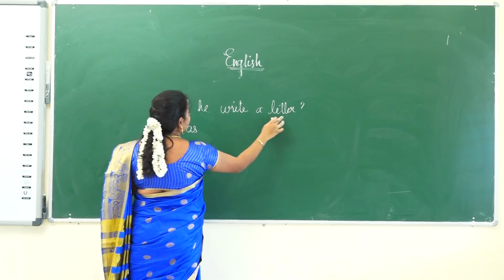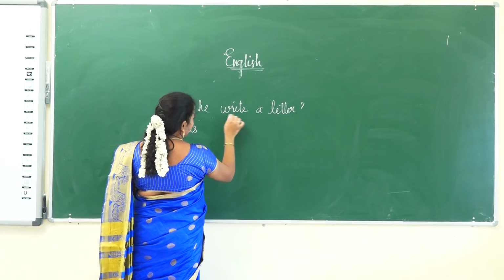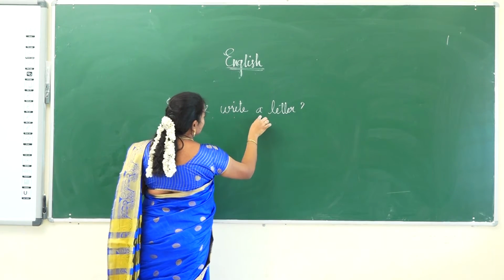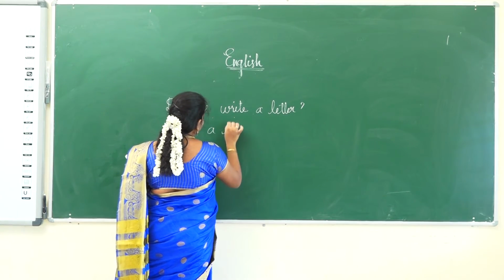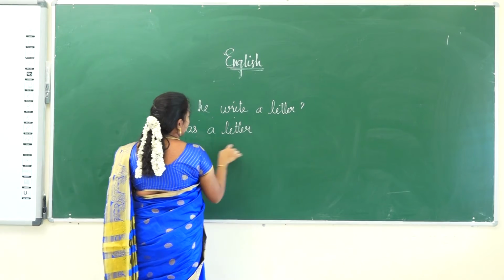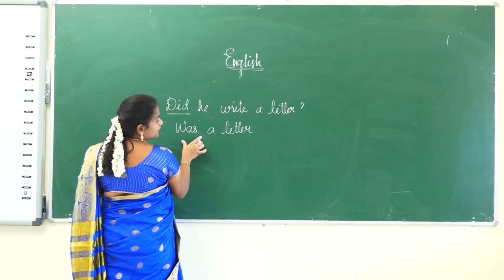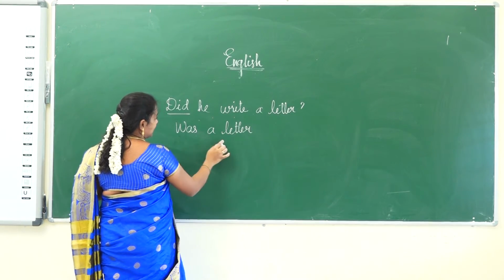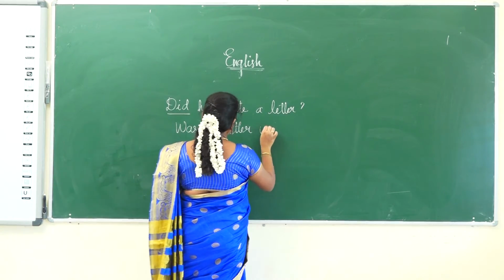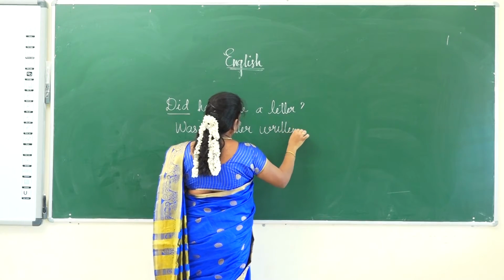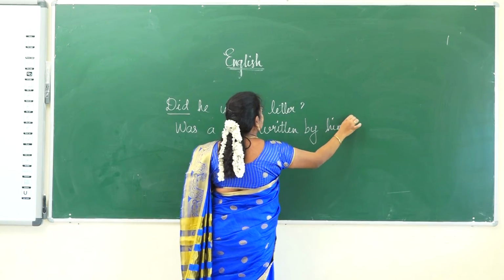Here, which is the object? A letter. So, he writes a letter. He is the subject as it is. Write is the verb, a letter is the object. So we have to supply the object here, a letter. So, was a letter. Already we had written the was here because it is a singular past form. So we had used the term was. Write will change into write, wrote, written. Was a letter written by him.